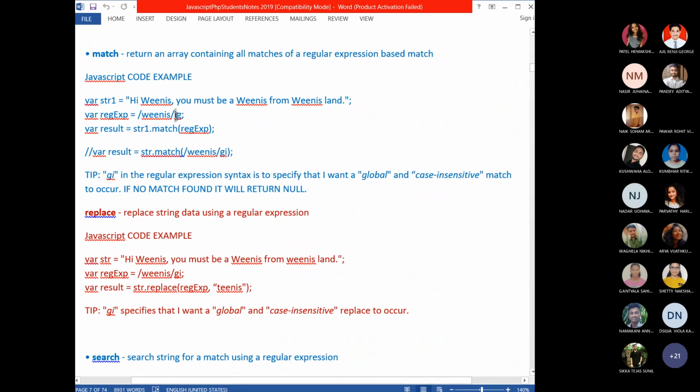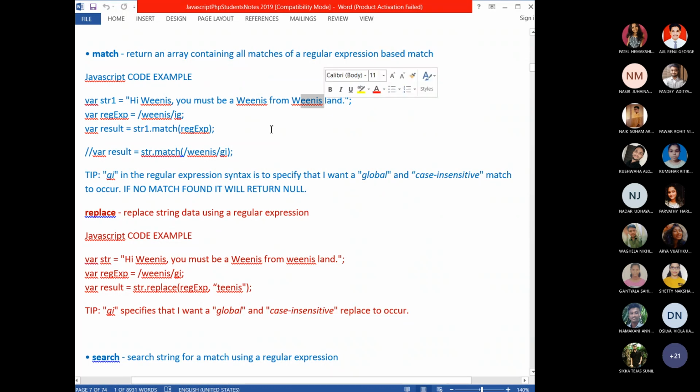After adding I, if you execute this match, the return value of match will have three elements. This Venus is the first element of the returned array, this is the second element, and this would be the third element.